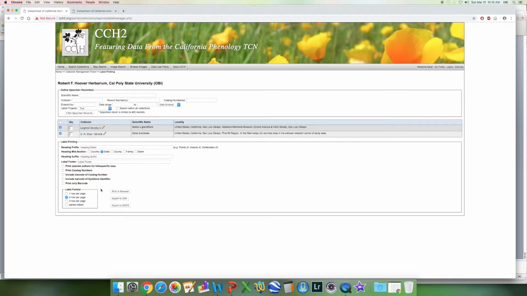Next, we can select the label format. We can select whether we want one label per row, or 2 labels per row, or 3 labels per row, or packet labels. I recommend using 2 rows per page. Let's take a look at this. If I select 2 rows per page and then export to doc, these will be exported as a Microsoft Word